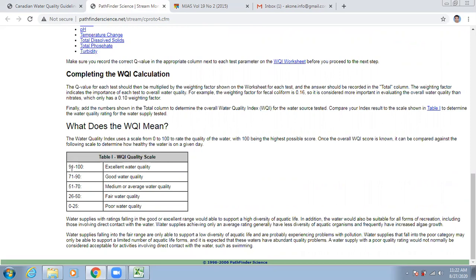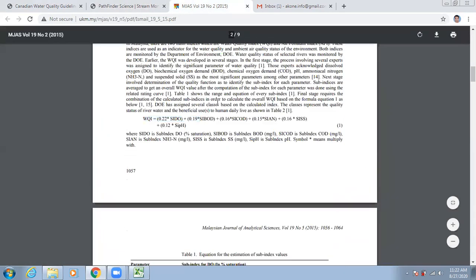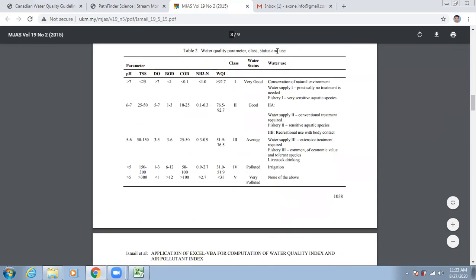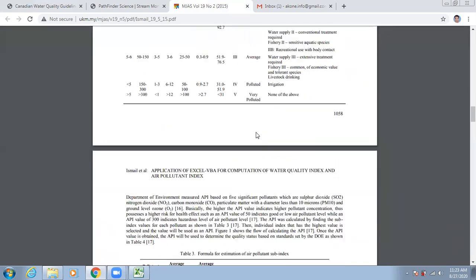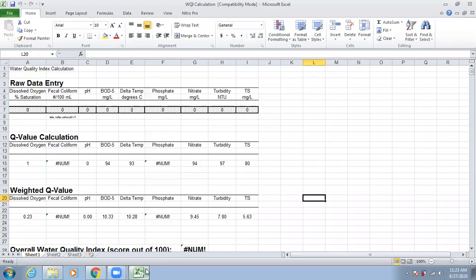If it is in the range of 91 to 100, that is excellent water quality, that is potable. And for that, you can see here many examples are there. Here is another formula using parameters like DO, BOD, COD, ammoniacal nitrogen, SS, TSS, pH, etc. On that basis, you can assess the individual water quality of any one or two sampling locations. And now I will show one here.